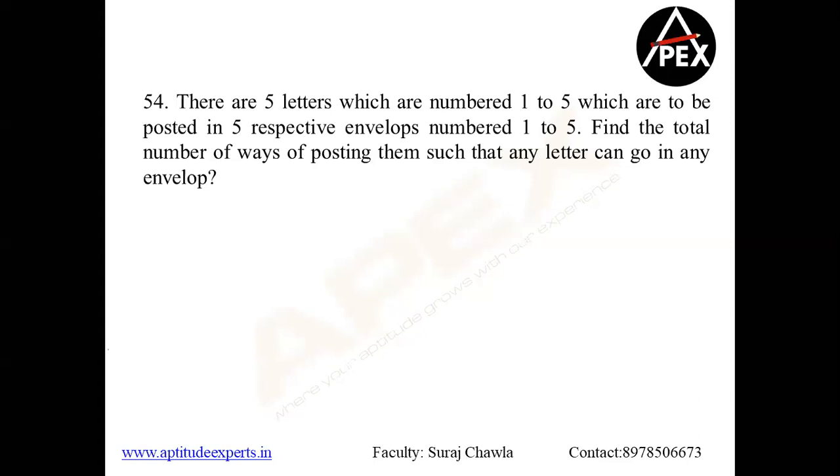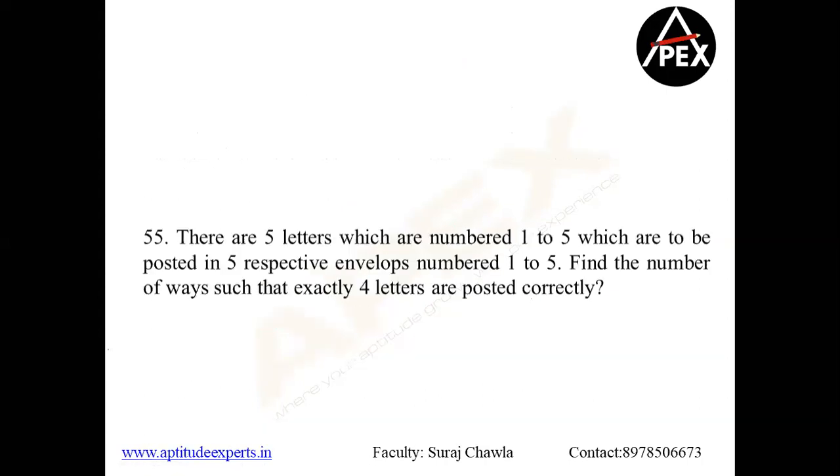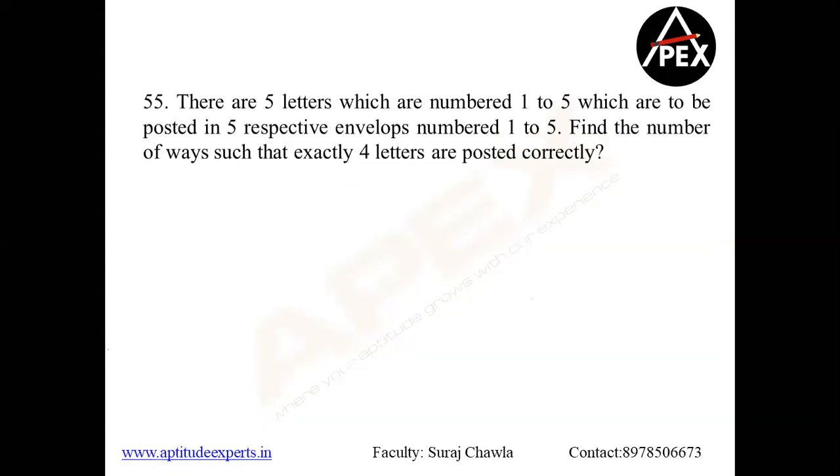Yep, so when I look at derangement, in how many ways can we place them? It's flat 5 factorial ways here. So I have 5 letters and I have 5 envelopes to post. So simply, I have 5 places, and in these 5 places I have to arrange 5 different letters. So 5 different letters in 5 places will be 5 factorial. Clear? Now can you look at this one, please?